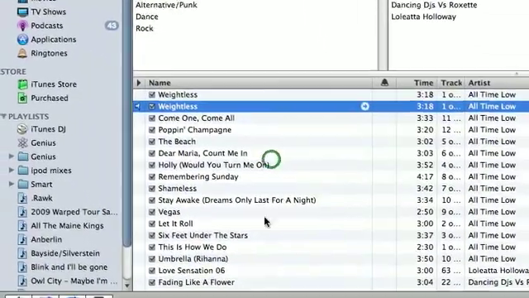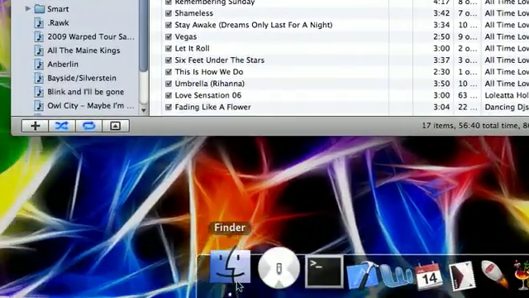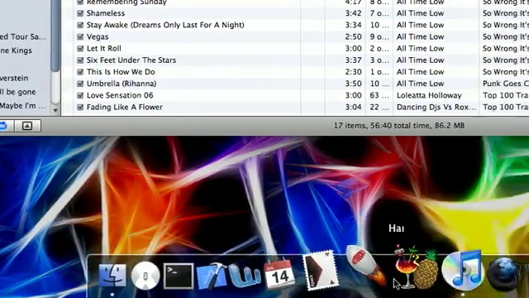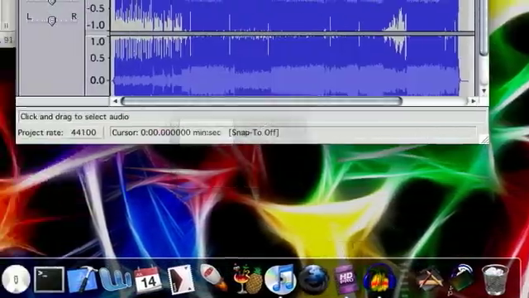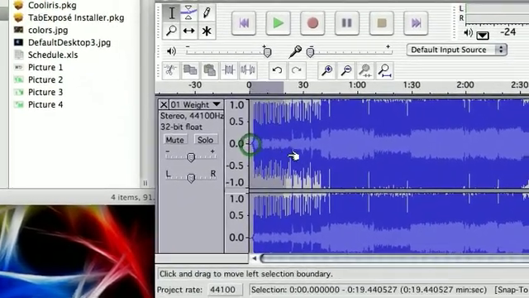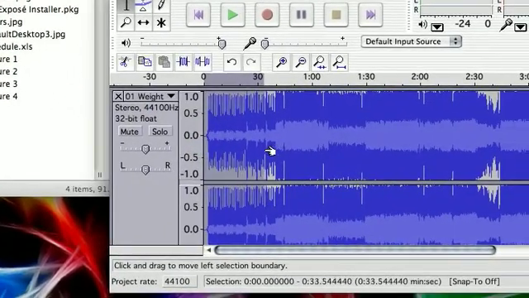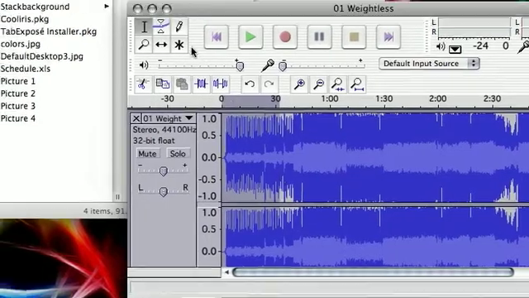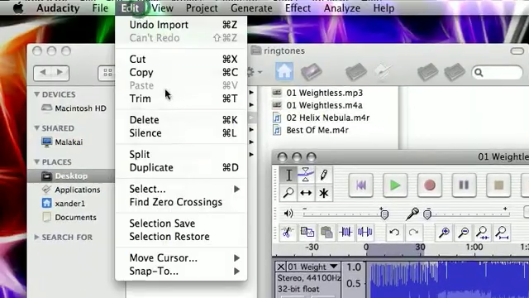I've already done that with my song Weightless by All Time Low, which I'm going to use as my ringtone. I go over to Audacity, open it up. I'm going to select about 32 seconds of the song. Go to Edit, Trim,